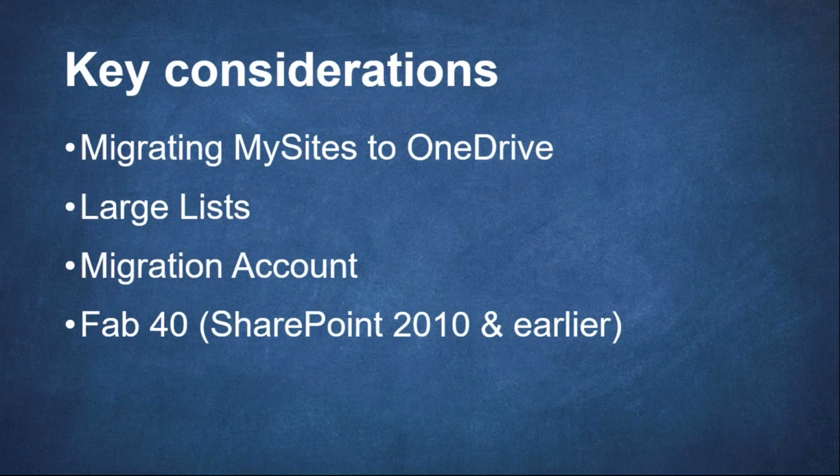There is, as far as I'm aware, a 20,000 item sync limit in a library. So if you have 20,000 items in a My Site, or what will end up in a OneDrive for Business library, it won't sync. This may change. Office 365 is constantly changing, but as far as I'm aware, and you can pipe up if you think differently in the chat,